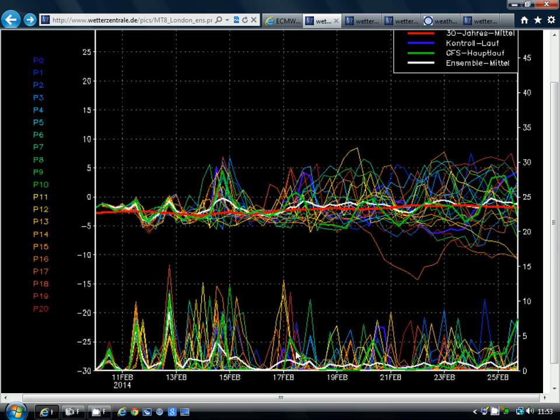As we get through from around the 17th, 18th onwards, we do see the spikes easing in terms of the size of them, although we do still have precipitation spikes coming through. So it's this idea that the intensity of the rainfall and the frequency of the rainfall may start to ease down, but we'll still keep low pressure influences quite dominant, so probably just setting up more of a standard sort of UK type unsettled pattern,